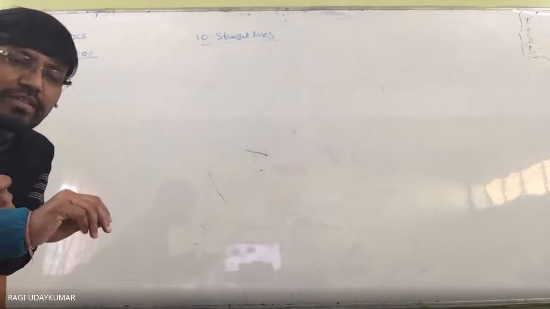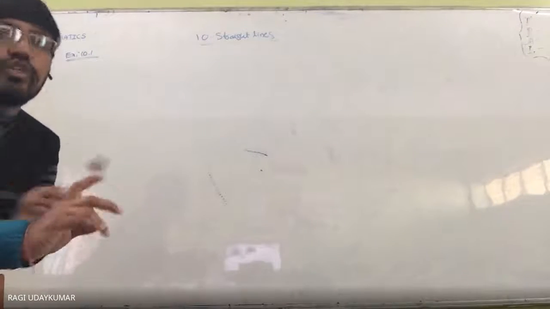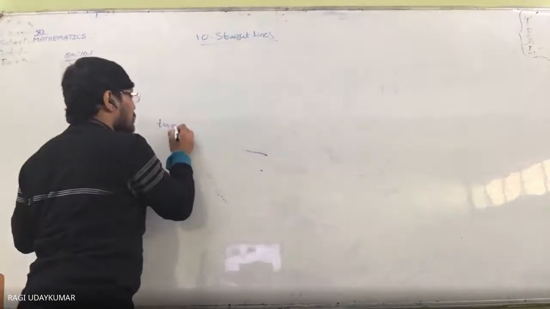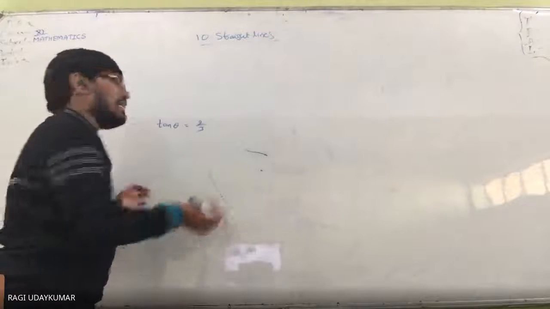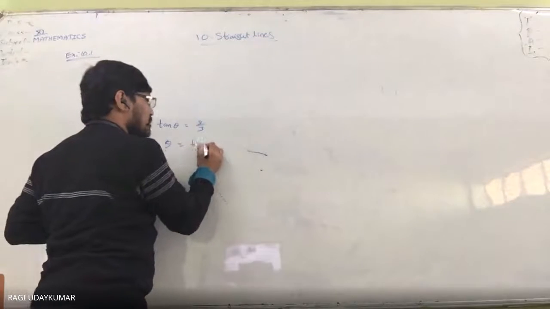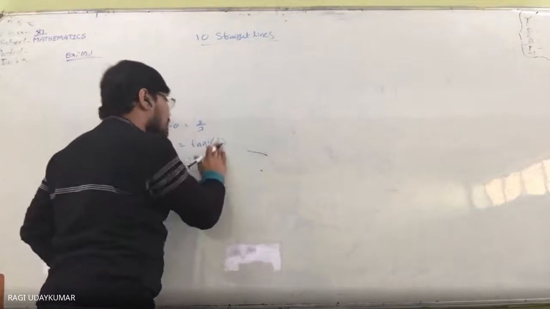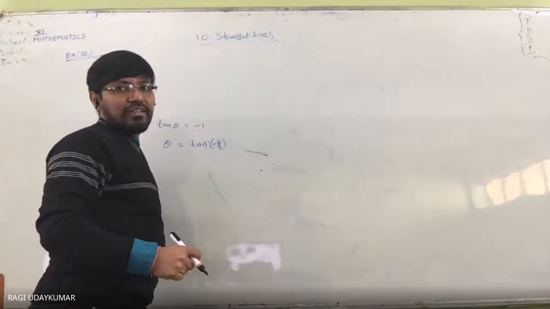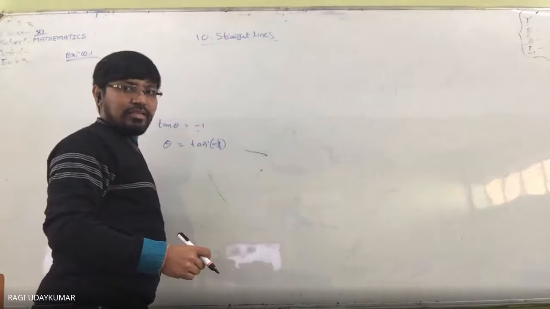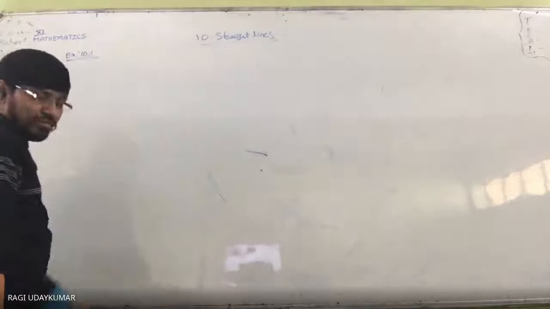So why do you go for it? Suppose it is given to you some 3 by 2, 0.5. Suppose you got tan theta equal to 2 by 3. The value of 2 by 3 we don't know. In that case, you write tan theta equals 2 by 3, the angle is tan inverse of 2 by 3, and you leave it. But you know this value -1, then the angle you are going to get is 135. Isn't it? Yes sir. So if you know that, better you use that one.